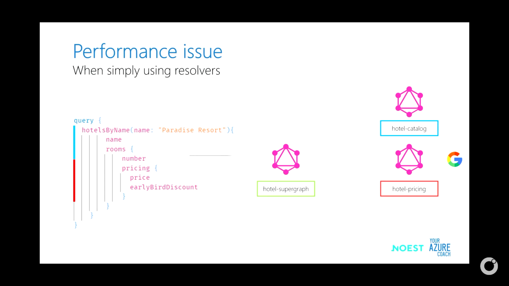So by default, the request will go to your GraphQL gateway. It will first fetch from your catalog all the rooms for that hotel. And then it goes in batch, so it sends one big request to the hotel pricing that asks, give me the price for these 5 rooms, for example. But if you just implemented the resolver, it will call individual methods in your backend towards your API. In my case, I just did a get on Google just to simulate some stuff.